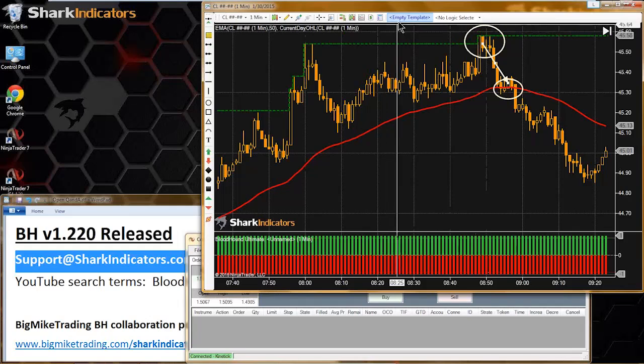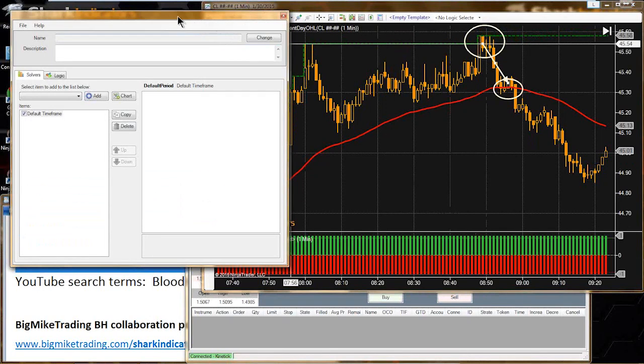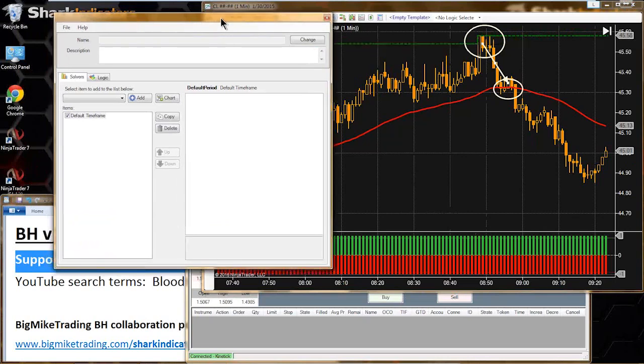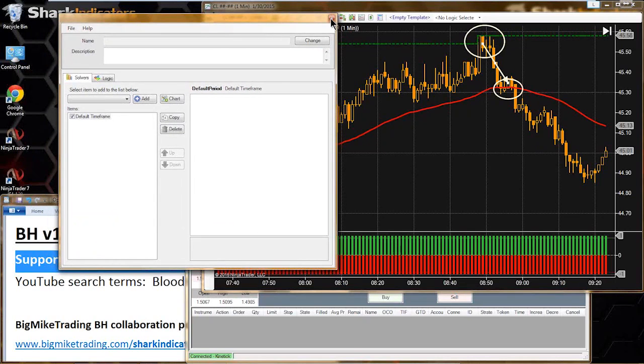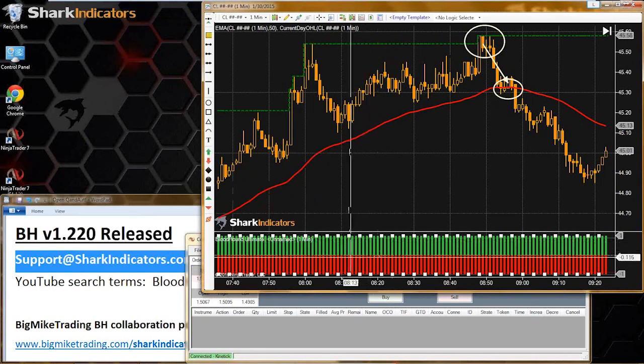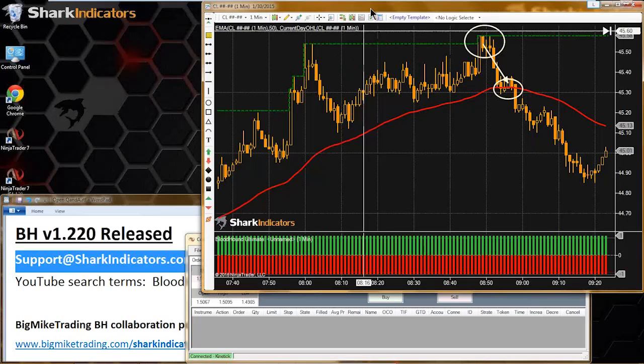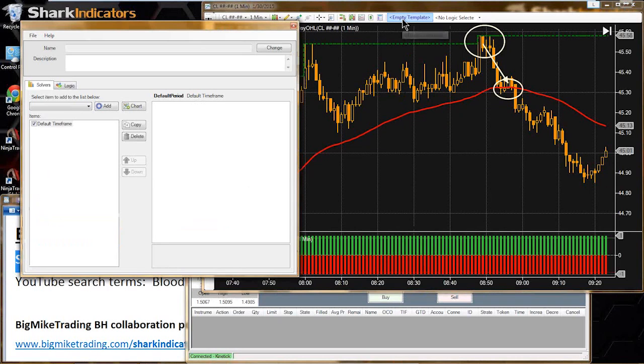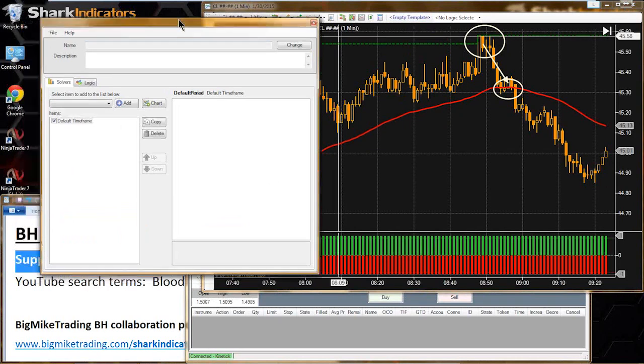So, all right, let me open up BloodHound. Let me back up. For anybody new, I already have BloodHound added to my chart. You can see the output down here, and also you can see the button up here. It says empty template right now because I have not defined any kind of name for this BloodHound system or for this BloodHound file. So let me open up BloodHound,